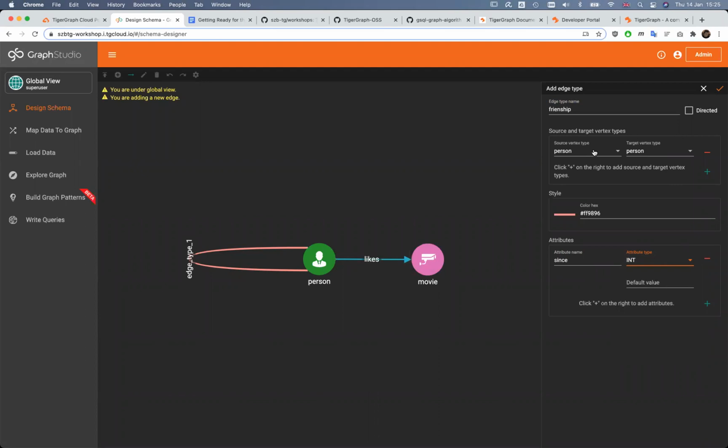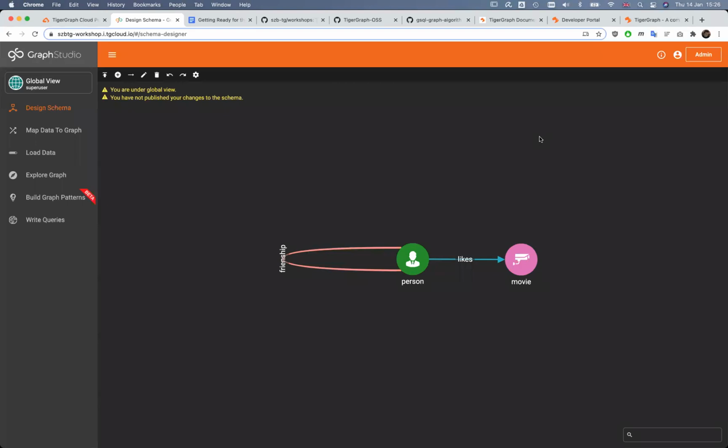One thing that I should have mentioned previously is that if you have an undirected relationship, then there is no real relevance between what is the source and what is the target vertex type. Not in technical terms. Usually we express still some kind of directionality, even in case of undirected edges. But if it's a directed edge, it's absolutely relevant to know which way you will go most of the time, or what is the only possible way to set up such relationships. So as I mentioned, a movie cannot like the person, but the person can like a movie.